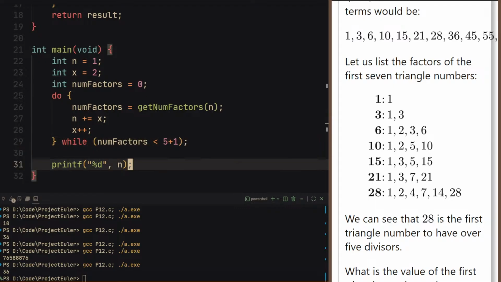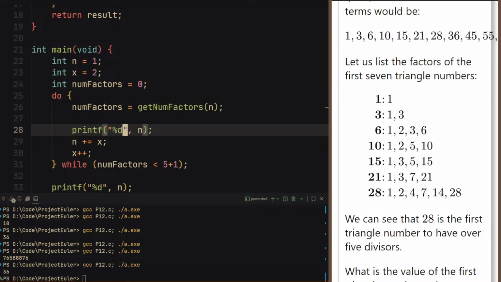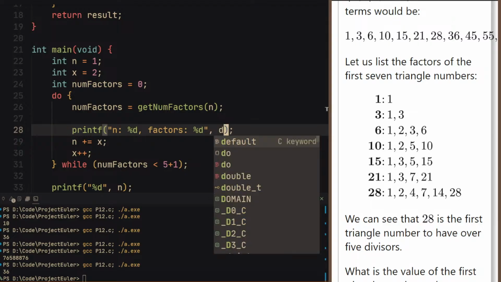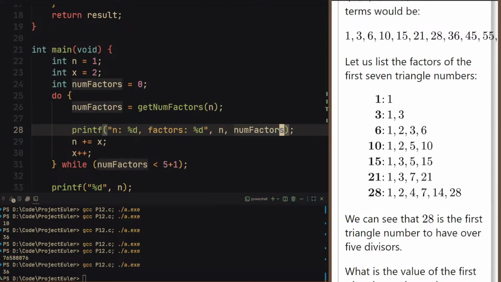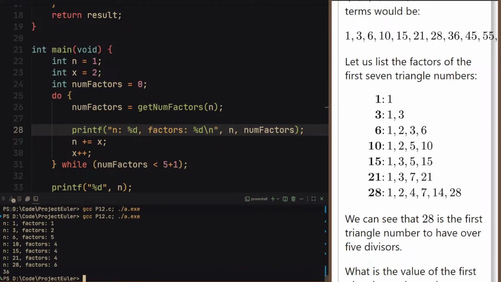Oh, you know what? Let's just use a debug statement. So n and factors. So that's pretty good debugging, I think. N factors. Oops, I forgot to add a new line. Alright, here we go. So,